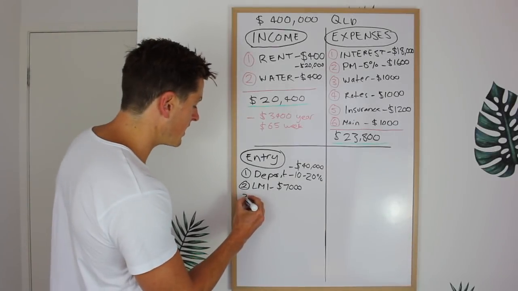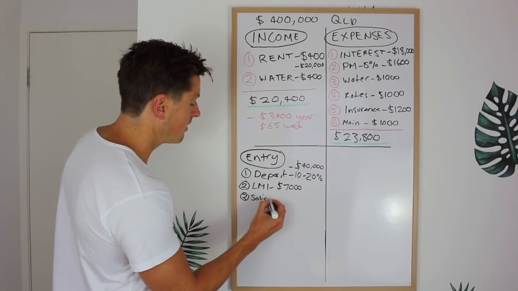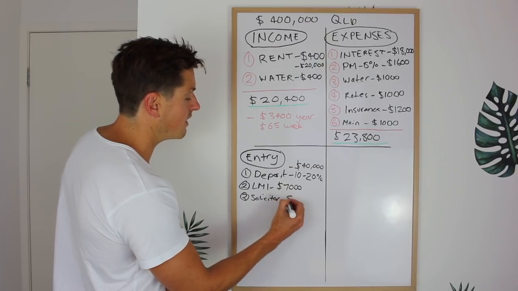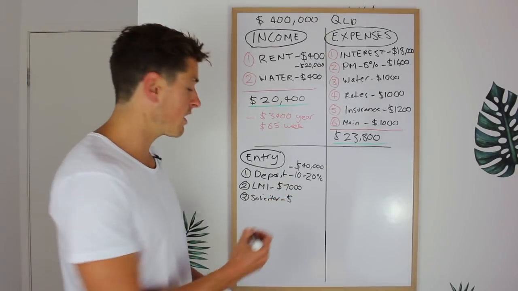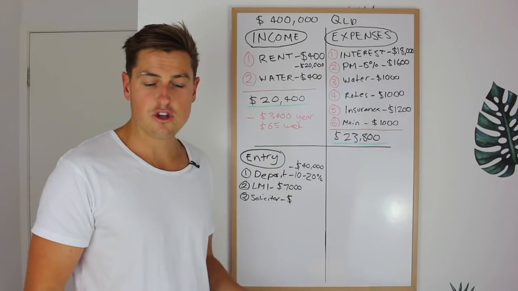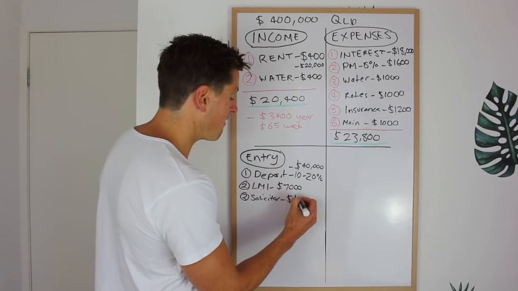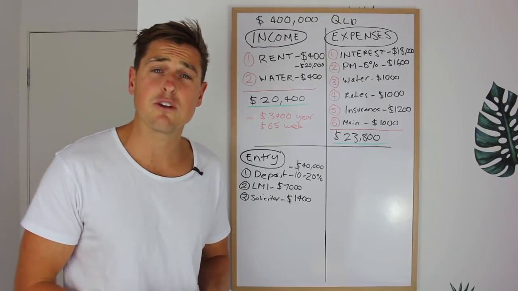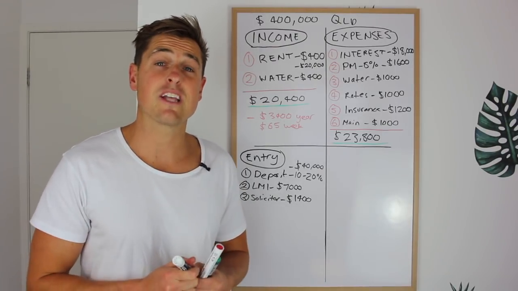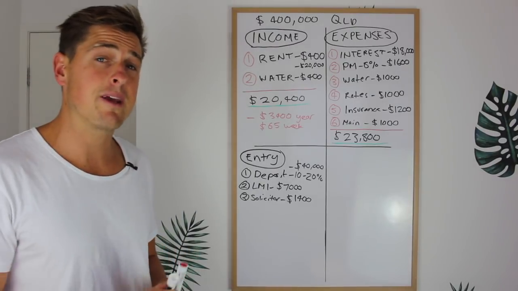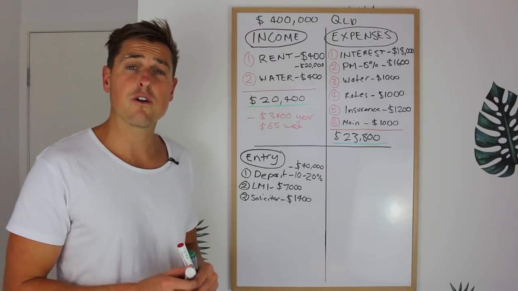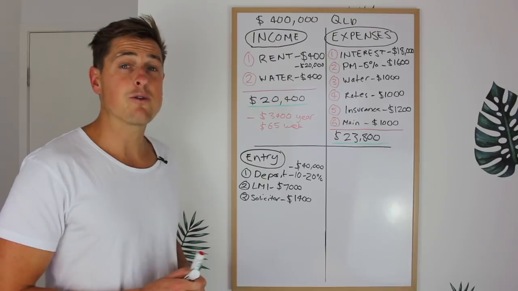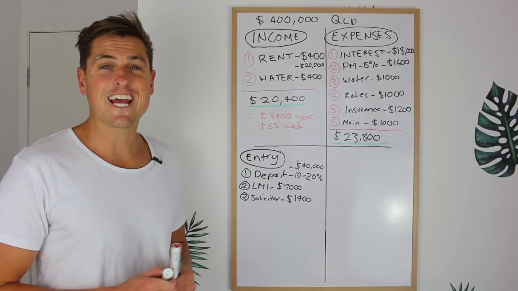Now, the third cost is a solicitor. Roughly, when you look at the cost of the solicitor or the conveyancer plus their searches, I've worked it out to be about $1,400. I only personally ever use solicitors because if you get into any trouble, they're much better placed to help you get out of it, which is why that costs a little bit higher. I also do thorough searches to make sure I'm not missing anything with the